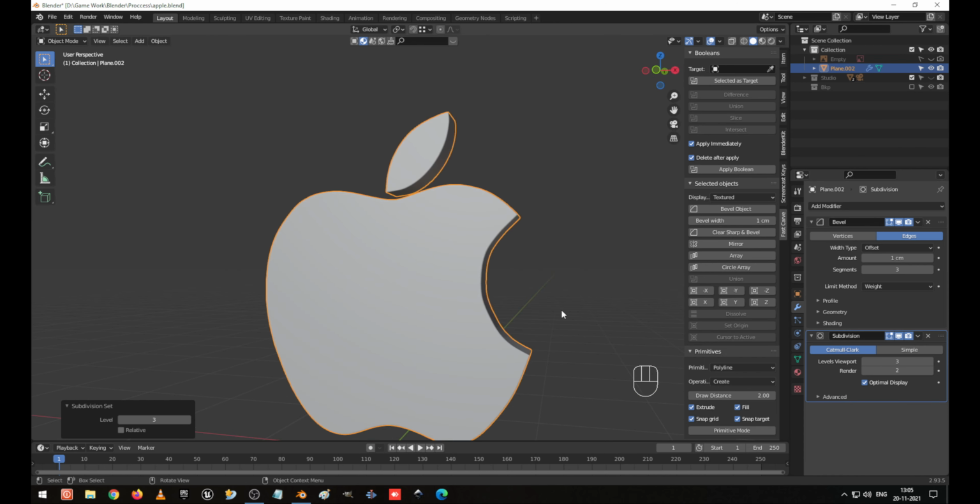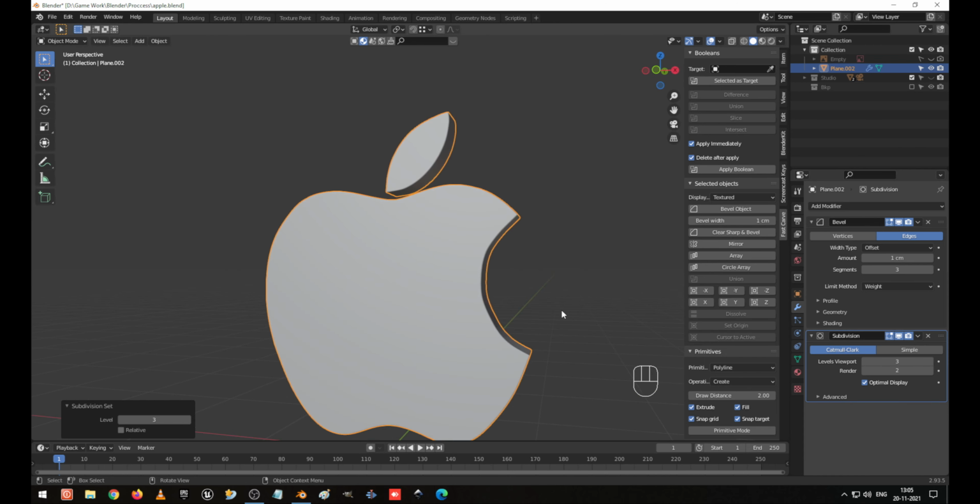So I select this one, Shift Z. Okay, now I created this.